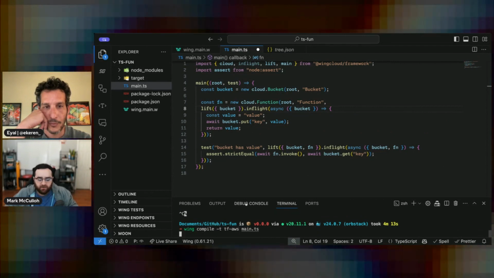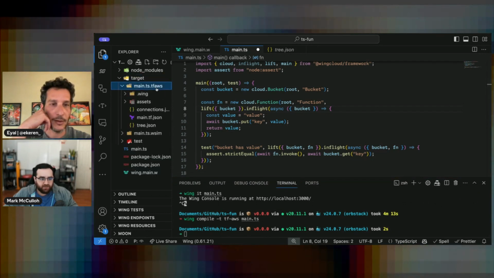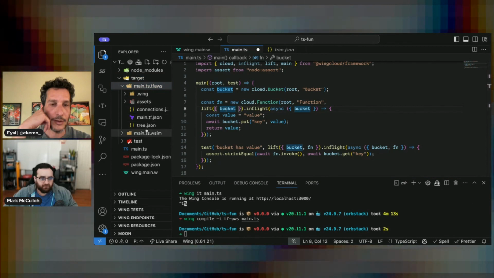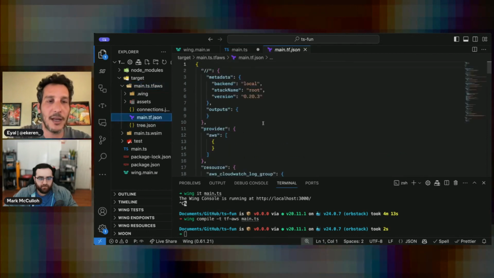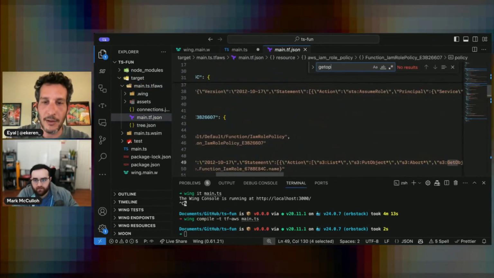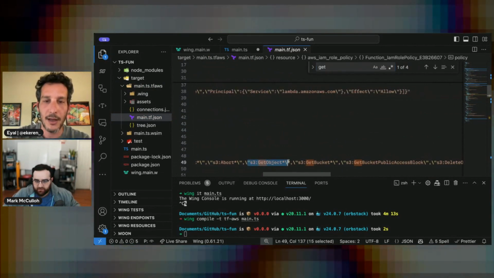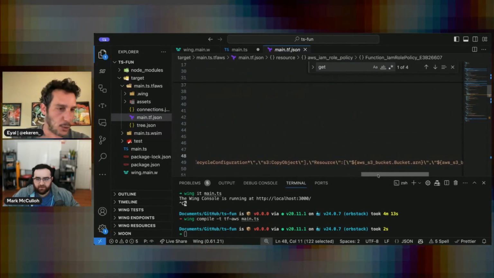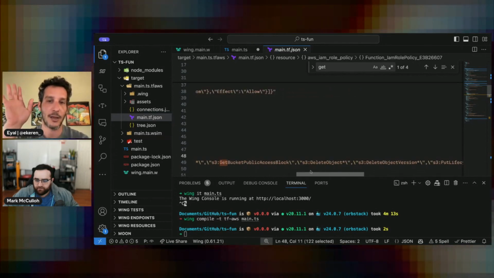AWS. So what you should see here when we do this is that by default, anything that you lift will have full permissions of all the methods that are on a bucket. The main TF JSON, and then you can look for get object. Here it is. Okay. Now we're seeing get object, put object. So see how we're seeing all the permissions, although we're using only put. Put is only abort and put object. And we're not seeing this.